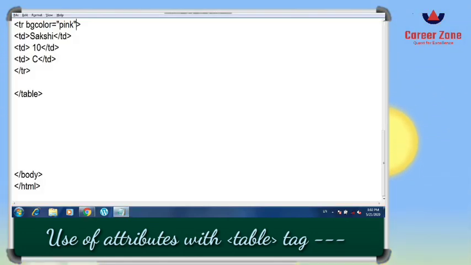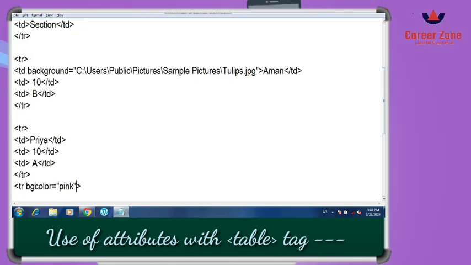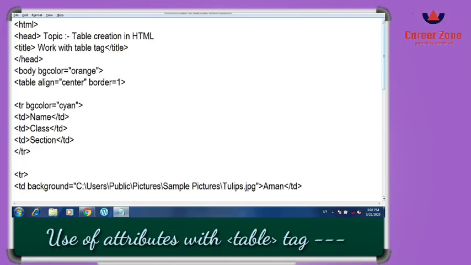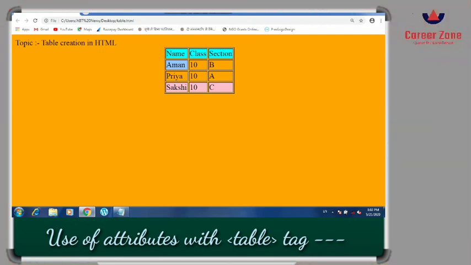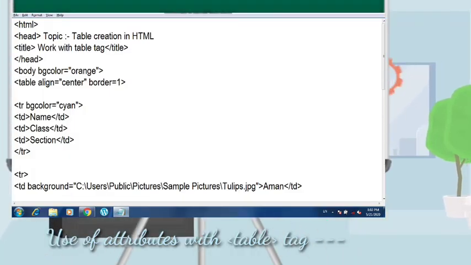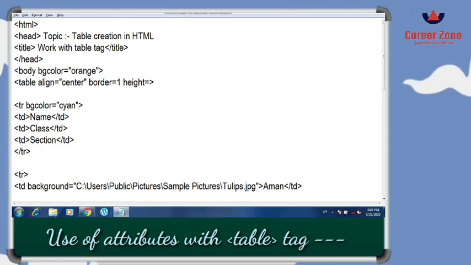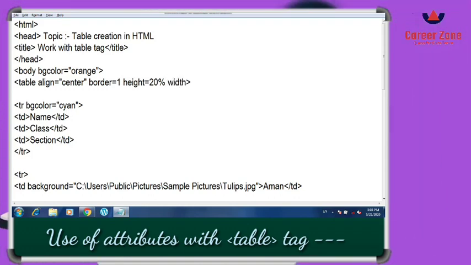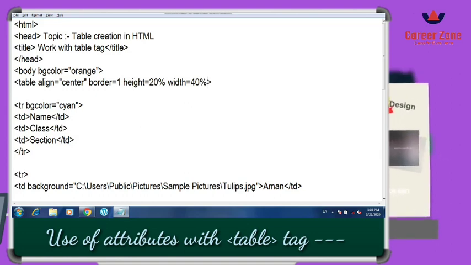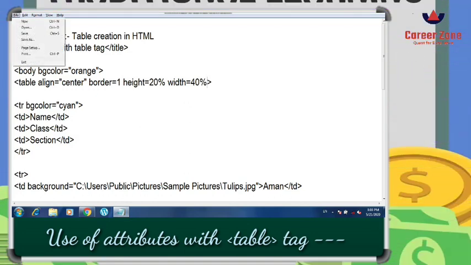So now I was talking about the height and width attribute. We can increase the size of the table so that we will be able to see the align attribute, that is how we can align the content to left, right and center. So for that we have to increase the size of the table because the contents are here compressed. So now what I will do, along with the table tag, I am going to write here that height is equal to, suppose 20%. Height can be defined in number or in pixels, so you can give a percentage value. Width is equal to 40%. So it is going to increase the height and width of the whole table.